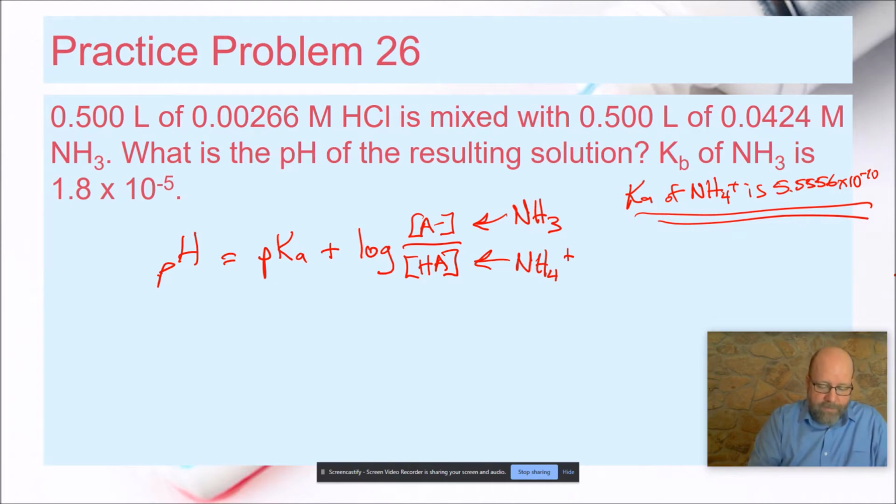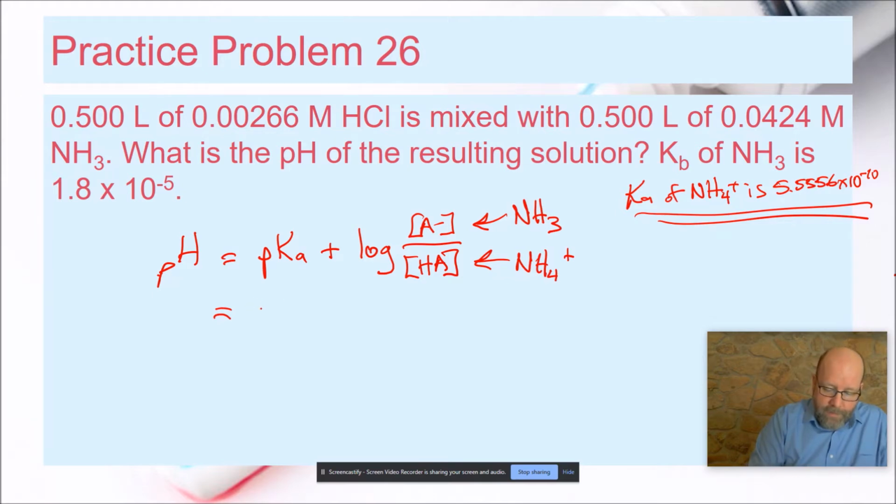Look at how small that is. None of that should be surprising. We're going to get a big pH because this is mostly ammonia. So our pH is going to be high because this is mostly ammonia, which is a base. So our pH is equal to